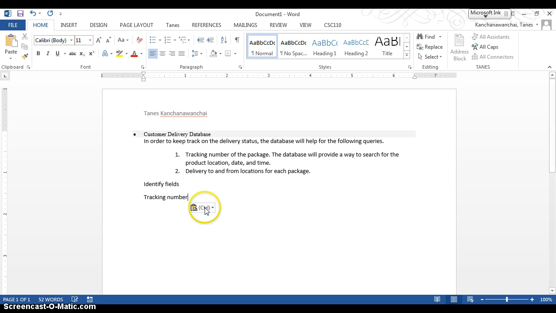And we can tell where tracking number is going to be unique because each tracking has to identify each package, right? One tracking number should not refer to more than one package, right? So it's unique. So I have one field, and